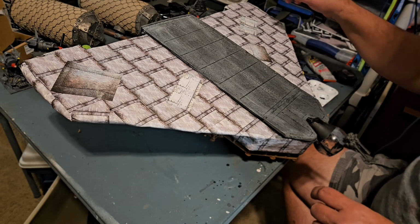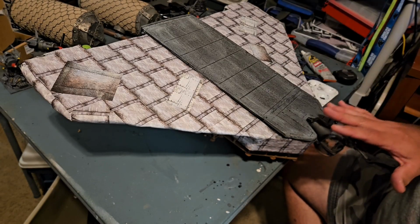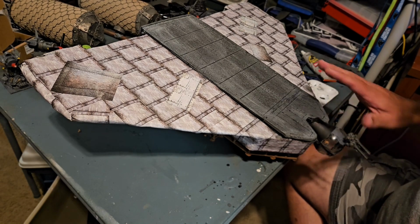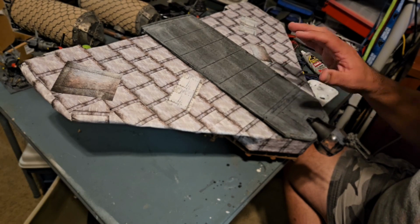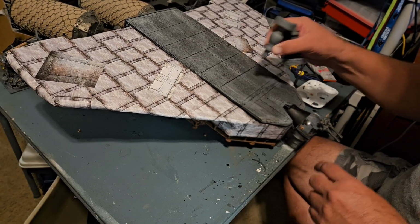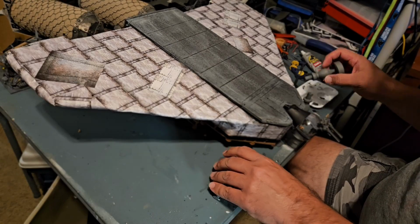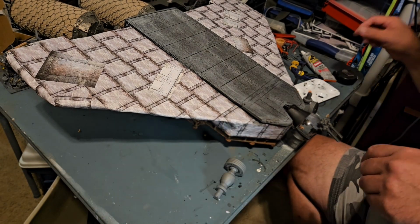So I'm going to take the landing gear. This is my next step because I'm having trouble, because now that the cockpit and the gun are all on, it's getting hit every time I put it down, so I've got to have landing gear. So I'm going to place one here, and I've measured it out based on where I'm going to store this, on a shelf. It's 12 inches, so